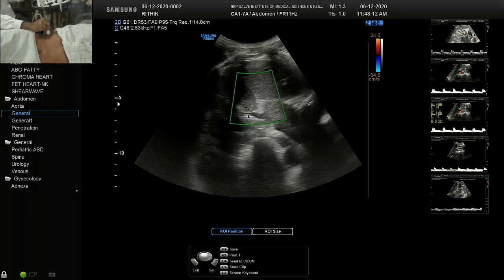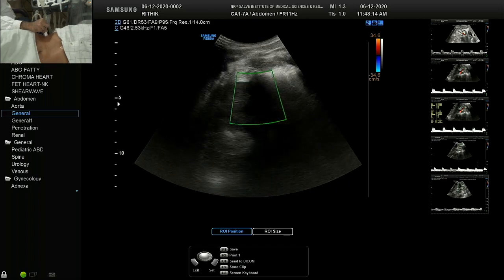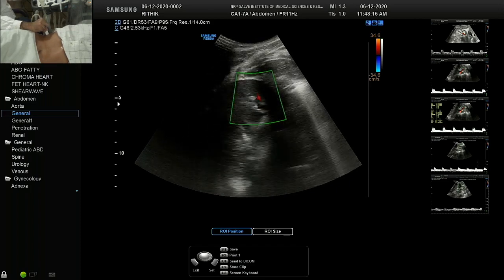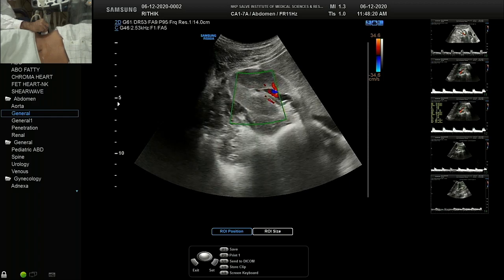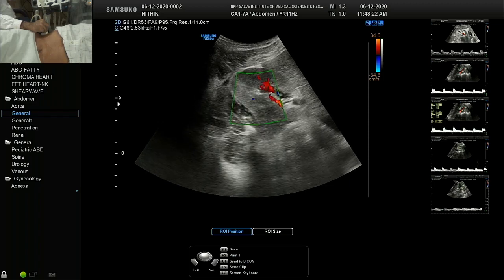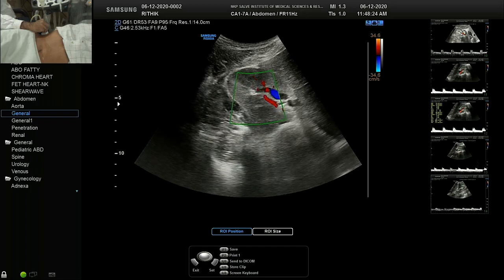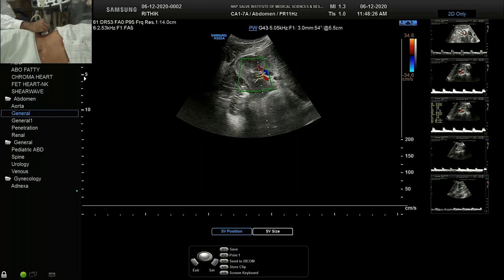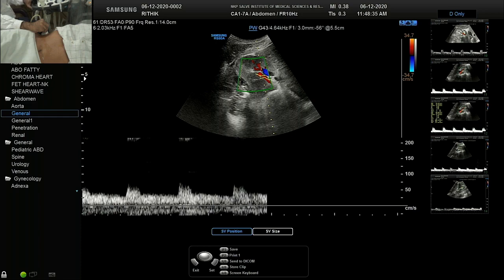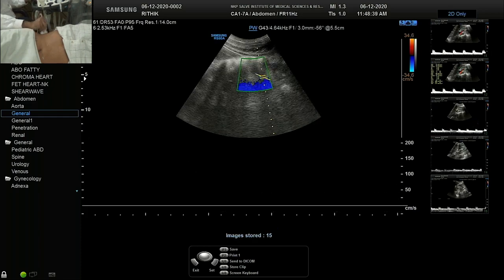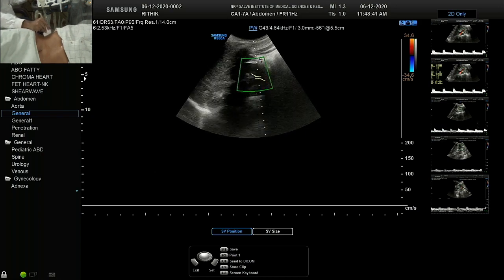So one more segmental we will do and then we will go to the other side. Take a long breath again, hold it. This is one more segmental here. The angle is different now. We'll check it quickly and put the spectrum. Right. So we are finished with this side.